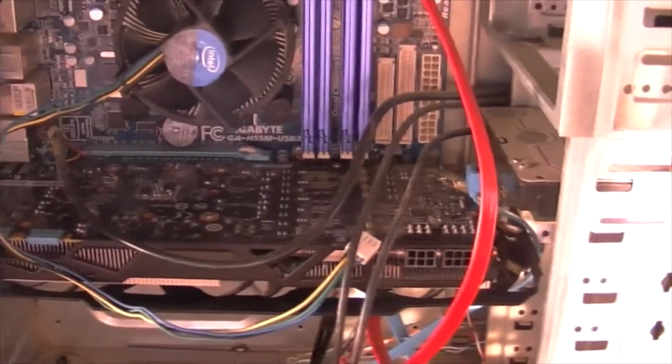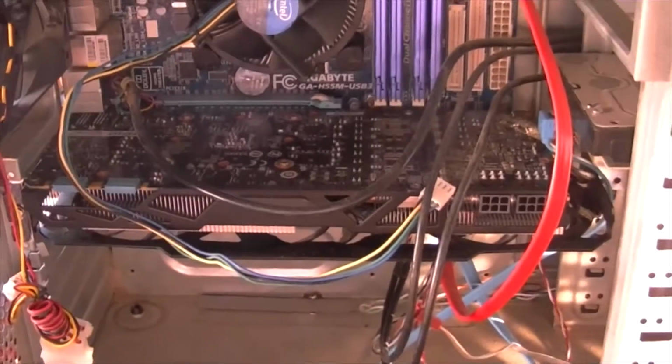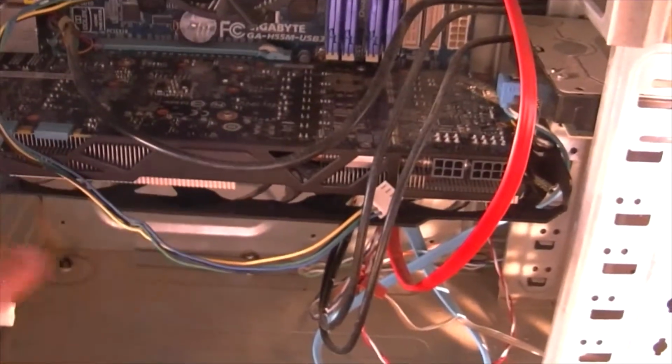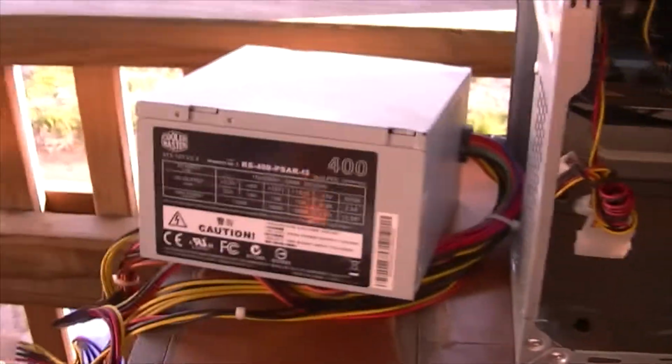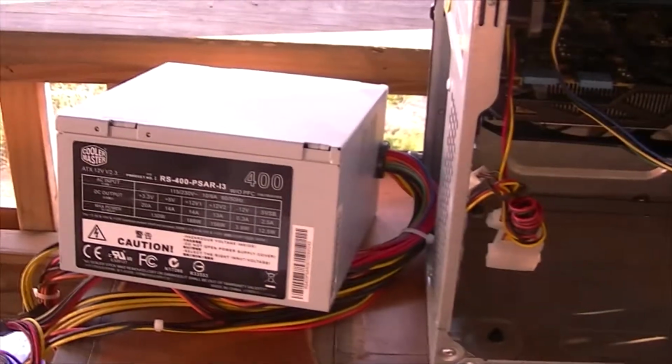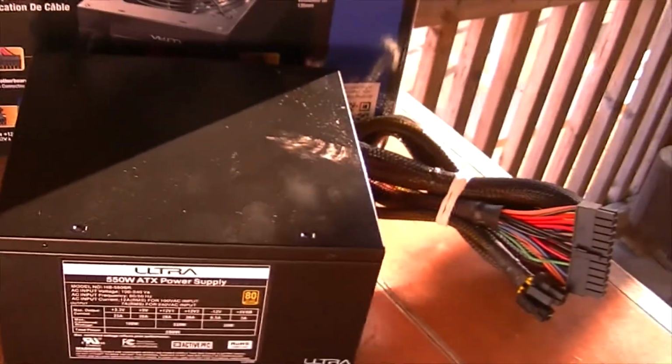Now, the main purpose of this video, obviously the graphics card, but with the graphics card I also had to do some upgrades. My power supply, which is this one right here, was only a 400 watt. I was actually pushing the 400 watt with the last graphics card, and with this one it's saying at least a 450 to 500. Well, I went ahead and got a 550, so it's an Ultra professional hybrid series 550, and it's actually